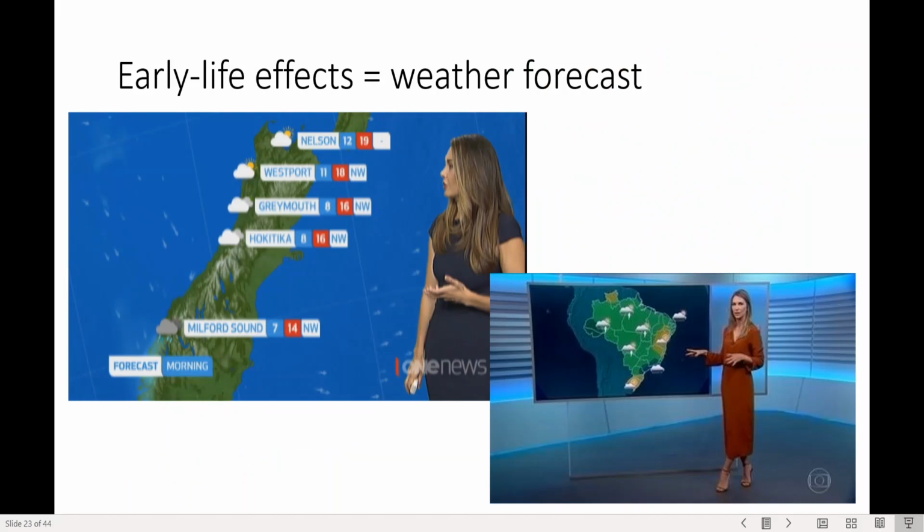So I already talked about the idea that childhood is important. Why is childhood important? Because it sets the conditions that our body first encounters as it is slowly growing, and it acts like a weather forecast. So early life effects, you can think of them as kind of a weather forecast. What is life going to be like? Should I invest resources into growing fast? Should I invest resources into just maintaining my body alive? So what is the best strategy?